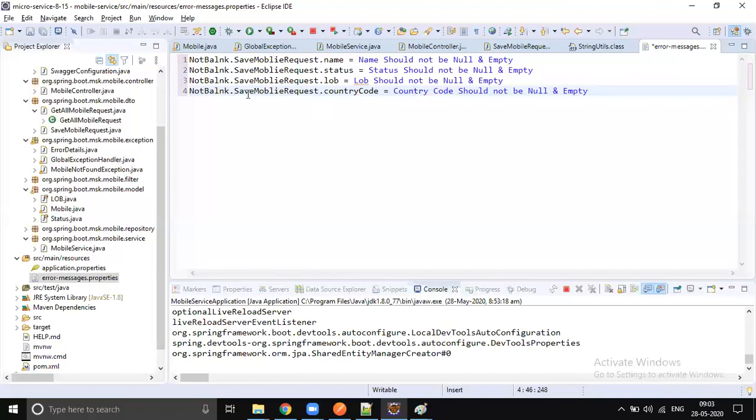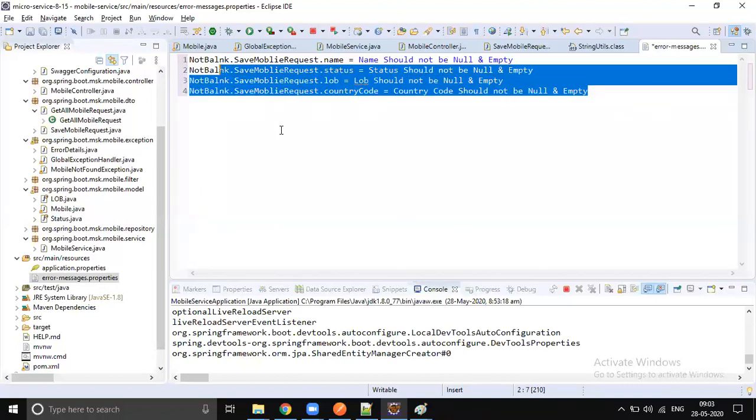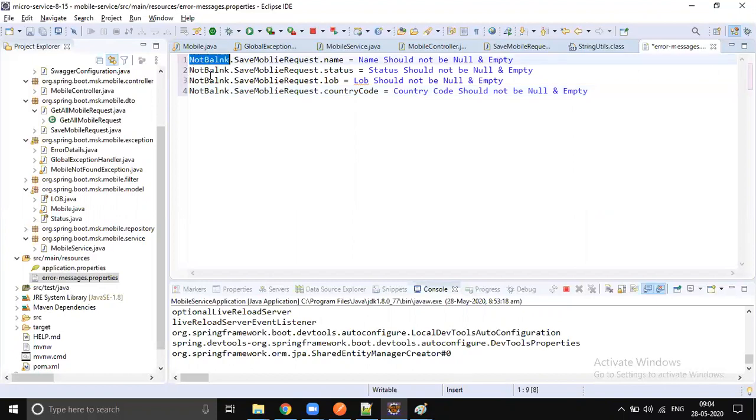Anybody looking into these error messages can easily understand that this annotation validation failed for this class and this property. This is good, readable, and gives us better classification, because we have so many operations, put, get, right? Whenever you implement multiple validations, by looking at the key itself, you should understand for which purpose we wrote that error message.